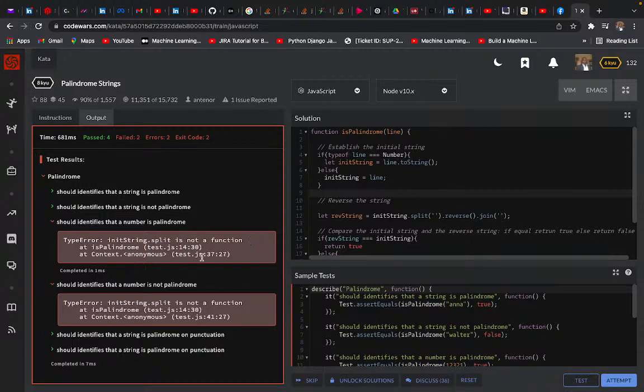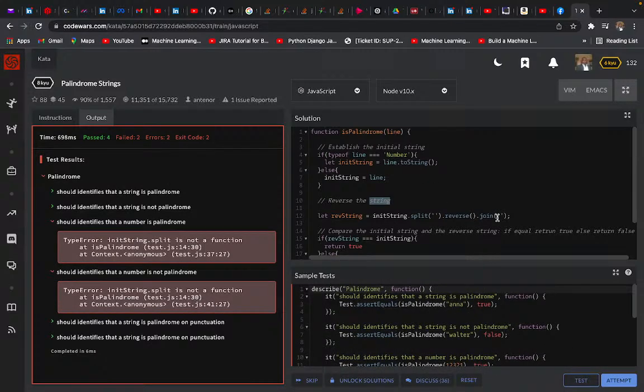So let's see what could be the issue. Let me see. So that is the way you solve these problems. Once you finish writing your code, you have to go through it line by line and see where you're having issues. So I'm going to run this test again. Okay, that means it's not recognized. If type of line is a number,